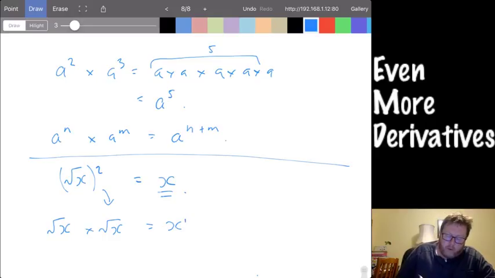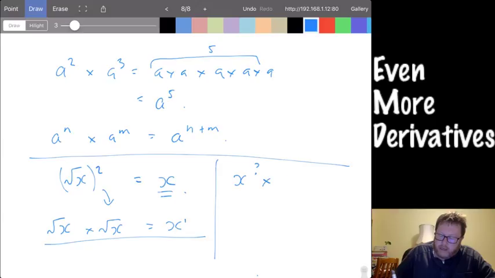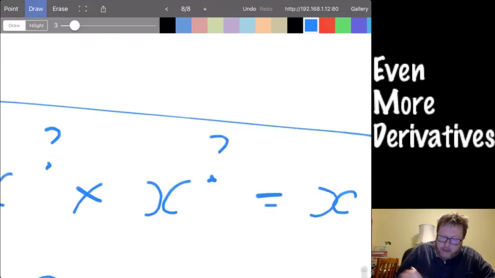So, what power would square root x have to represent? What power would the square root have to represent in order for this to be true? So, x to the power of what times x to the power of the same thing has to equal x to the power of 1. Okay, so if I just look at the powers now, so I'm zooming up at these powers here. I'm looking at this,